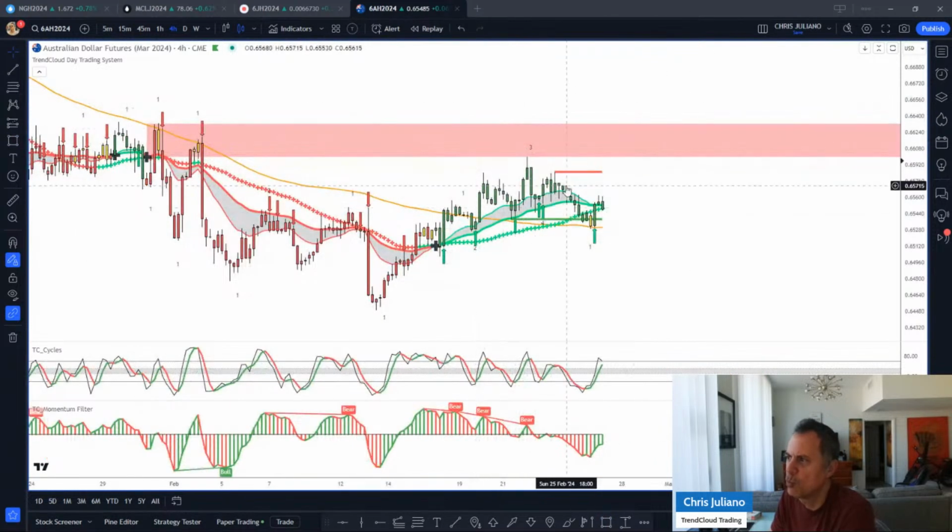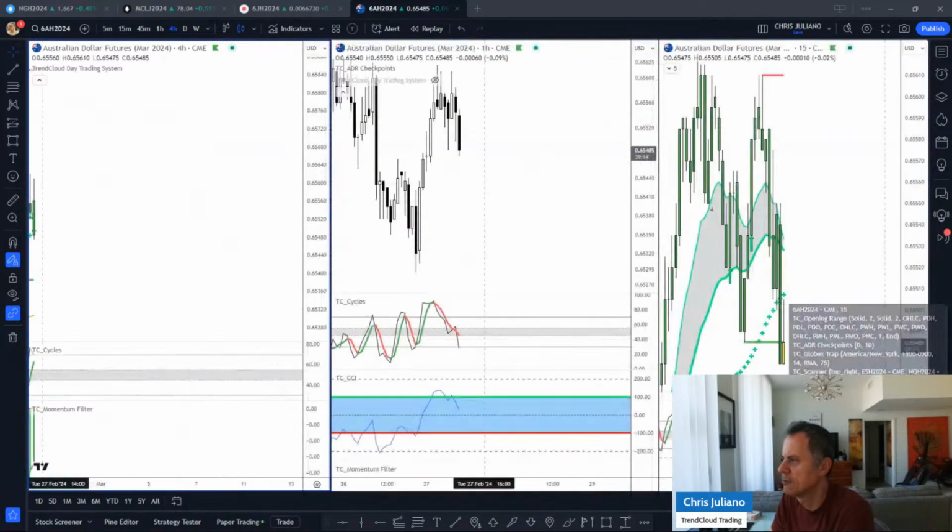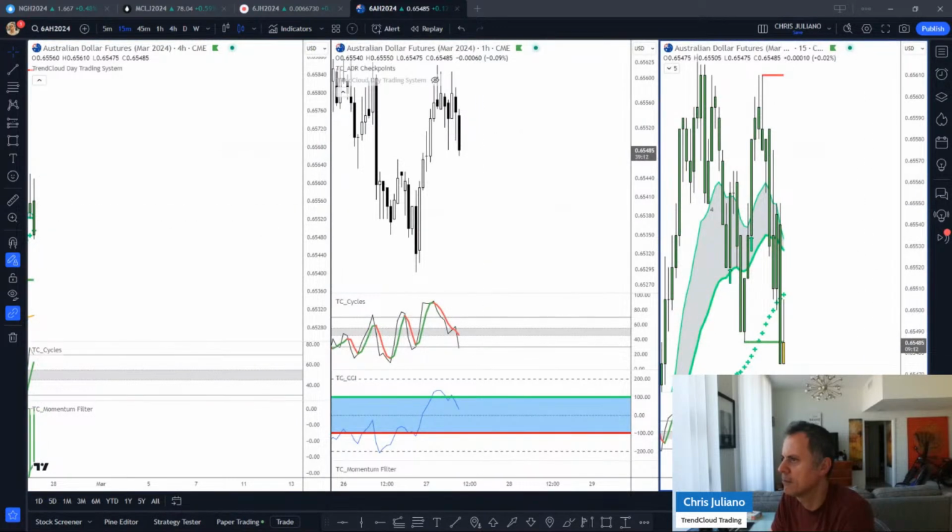I would like to wait until the Australian dollar gets up into this area and forms some kind of reaction. What if you waited for the Australian dollar to get up to this point and then drop down to that